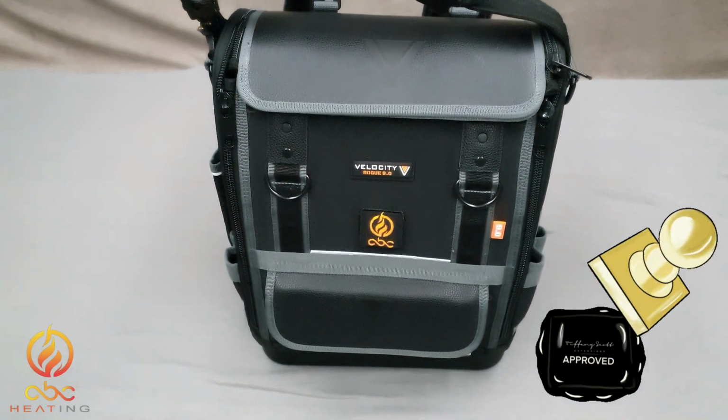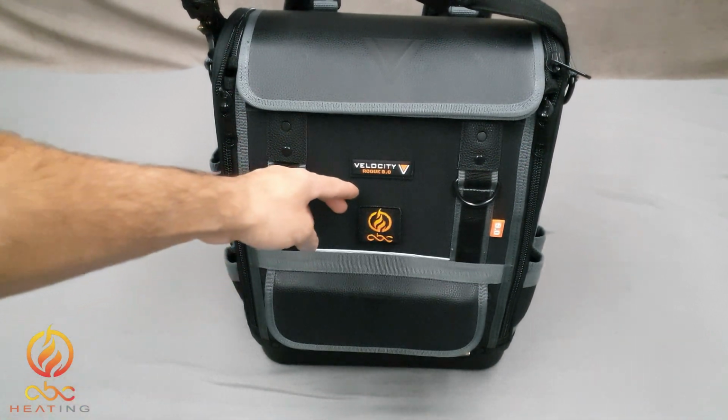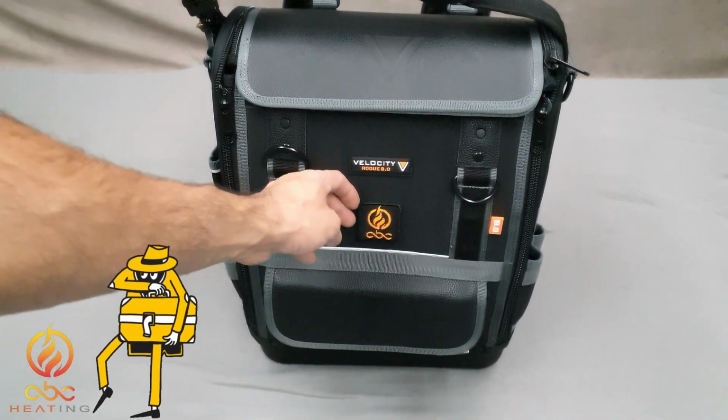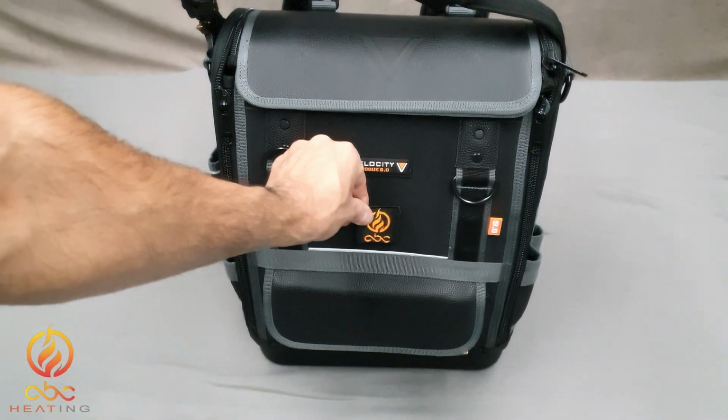That looks better, doesn't it? I think this is a brilliant feature to personalize your own bag and put your own logo on there, as brand awareness is important nowadays. But yeah, it gives a nice little personalized touch to your bag. I don't think it would prevent anyone from nicking it though, because if they did nick this bag, that will just come off. But anyway,